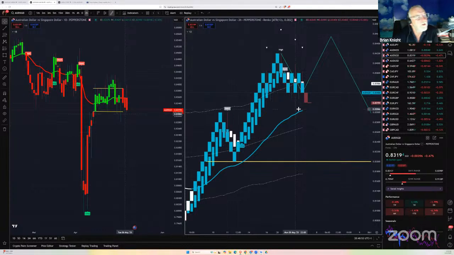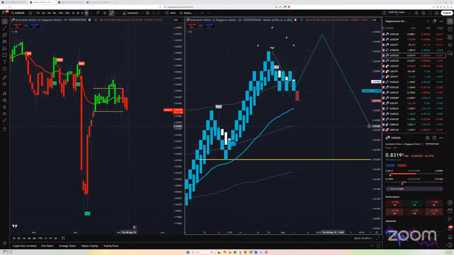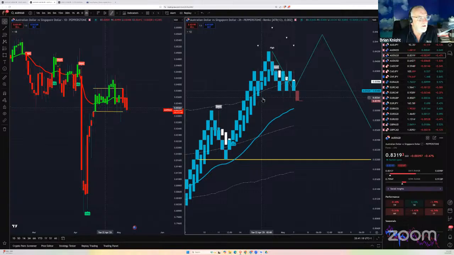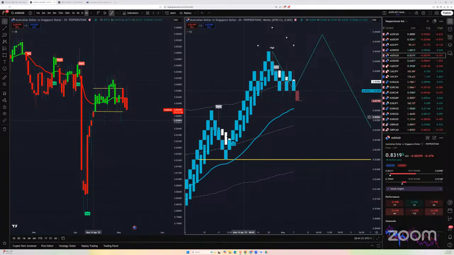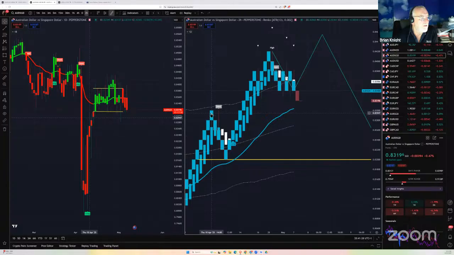So do you look at this, Tom, and say, okay, it's broken the wick, or even though that brick's not complete, we're starting another one, but because it's come below that wick, is that sort of like, well, we've got white Heiken Ashis, we've got a short. Where's your low-hanging fruit? Over there where it says short, to your left. Over here, this wick. That brick right there, that blue one. Oh, the one here. That's it.